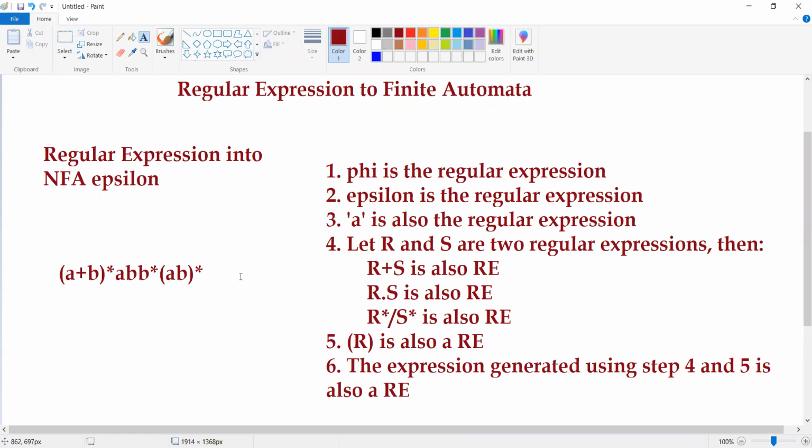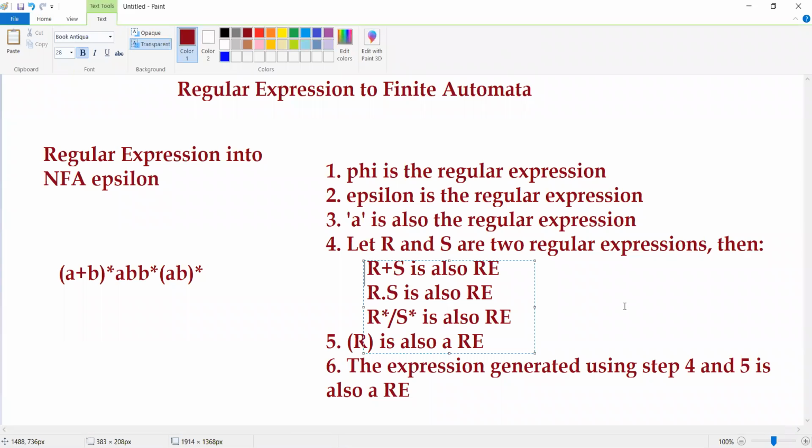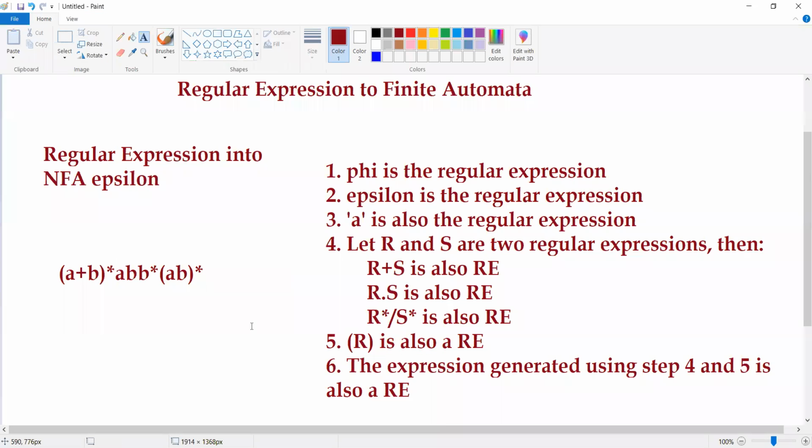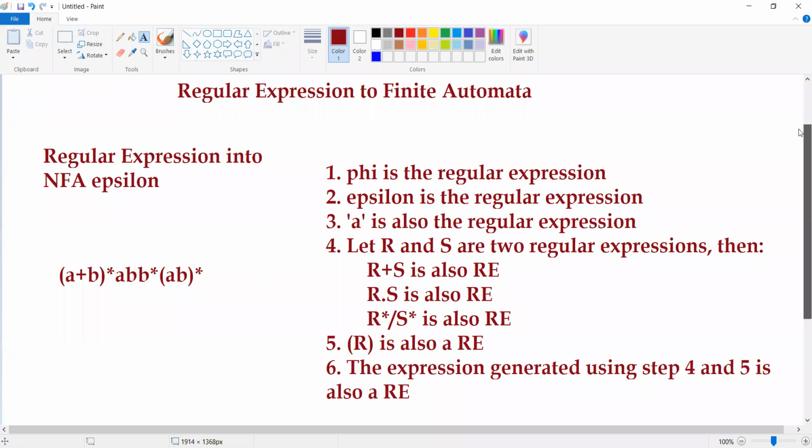Now what you are able to observe is that by combining all the things in steps 4 and 5, if you are able to generate a new expression, this is also going to be called a regular expression. Why are we discussing all these things?